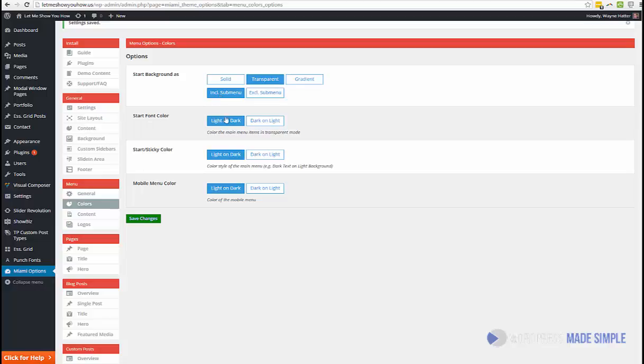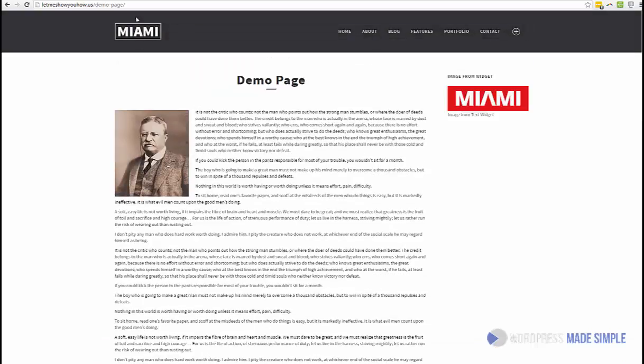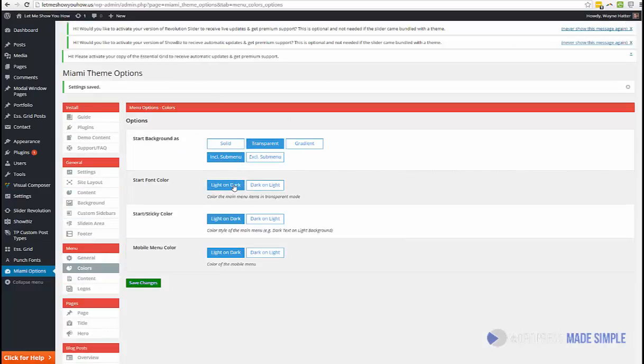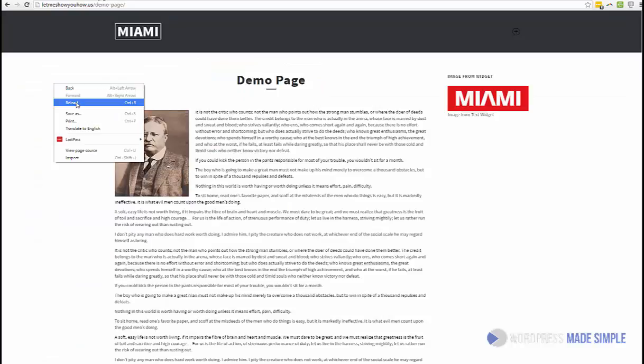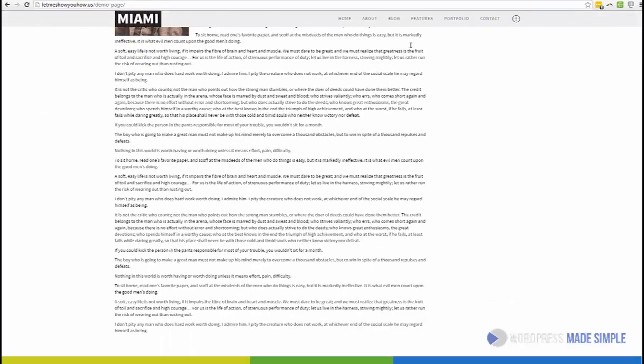Now the start font color, if I put that dark on light, then we don't really have a light background up here for this section. So if I hit refresh, we won't be able to see our links, but they're there. They're the same colors as this background. So we want to keep that light on dark. The start sticky color, same. We hit save changes there, refresh the page, reload, scroll down. Now you can see that it's